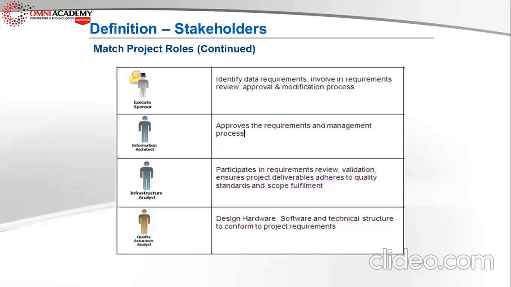We have the options: identified data requirements, involved in requirements review, approval, and modification process. And then we have an option called approve the requirements management process. Who approves the requirements and management process? Is it executive sponsor or information architect or infrastructure analyst or quality assurance analyst? Of course, information architect is the one who identifies the data requirements, and executive sponsor is the person responsible for approval. Then we have participates in requirement